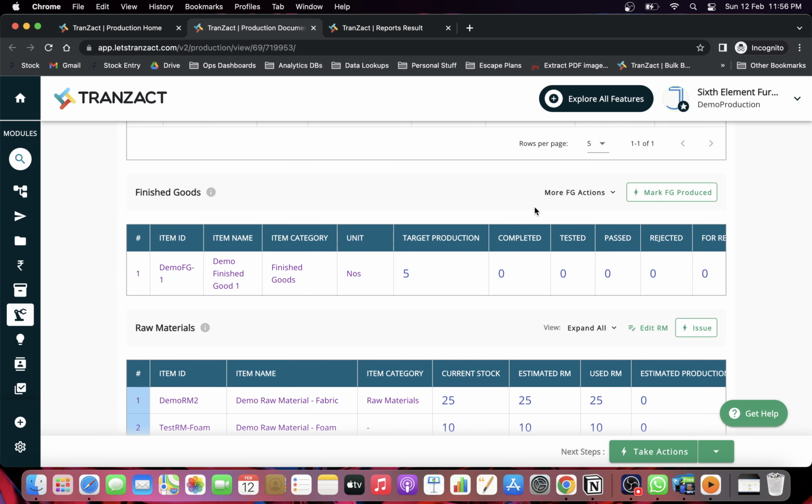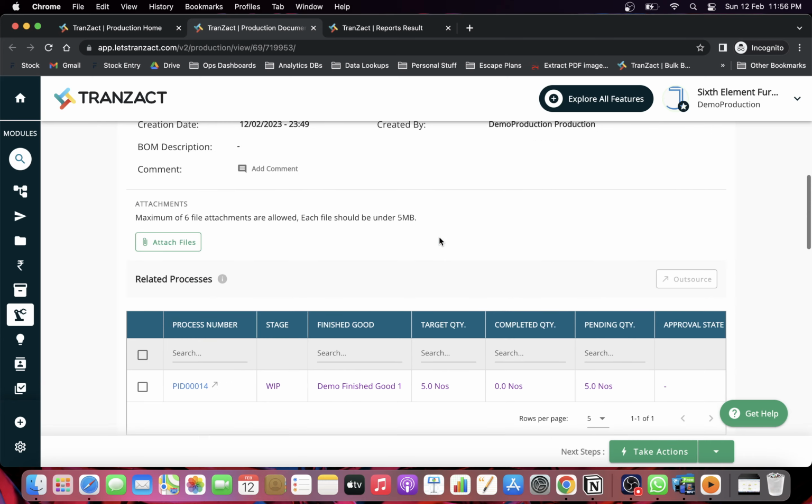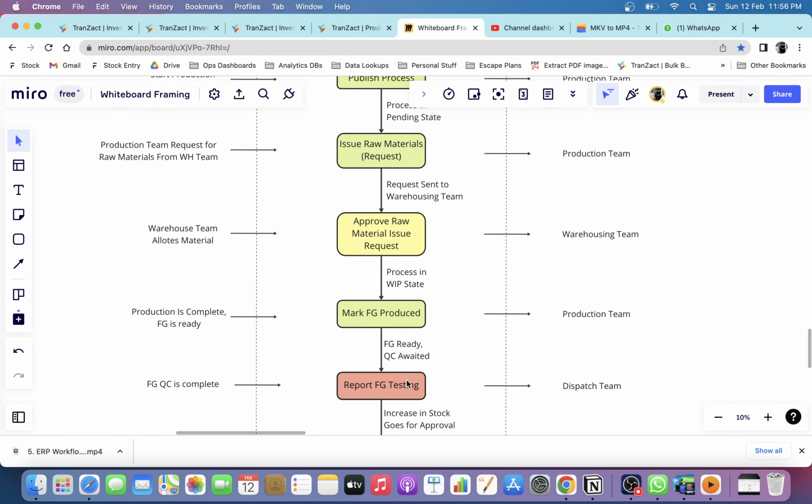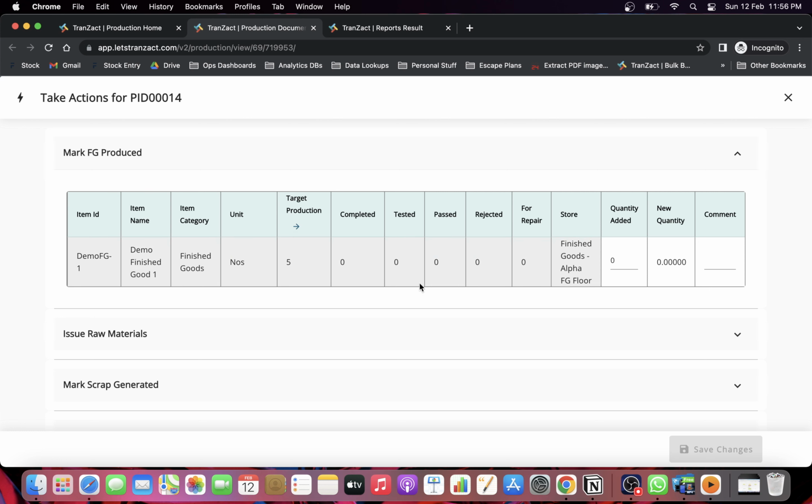Which means that the finished good is ready. If you see again in the process, the next step is mark FG produced. In the FG segment there is an option for mark FG produced, and again this will give you